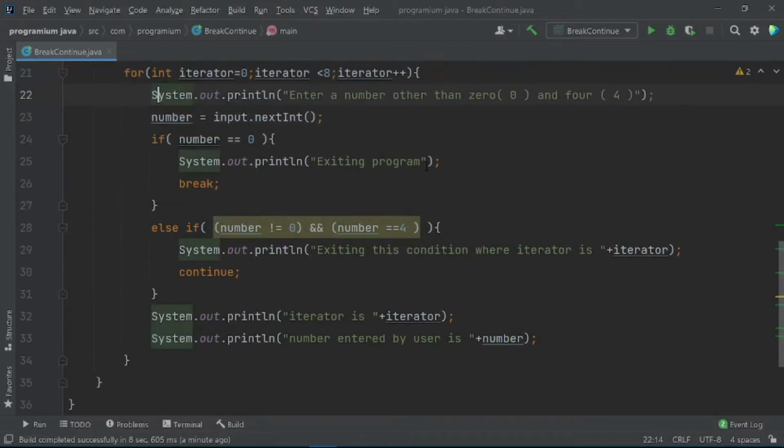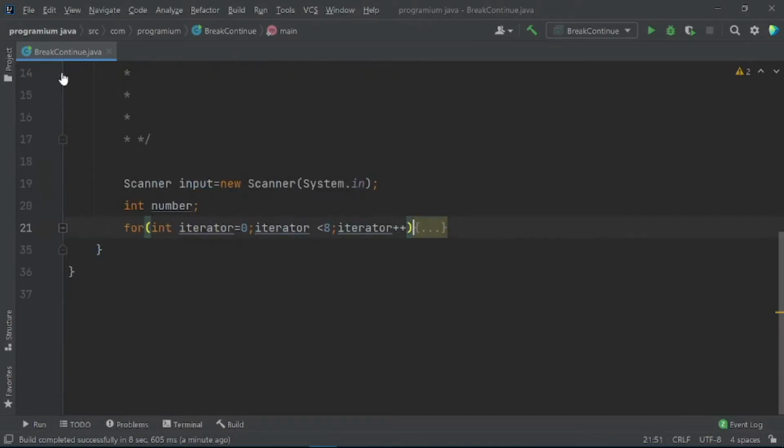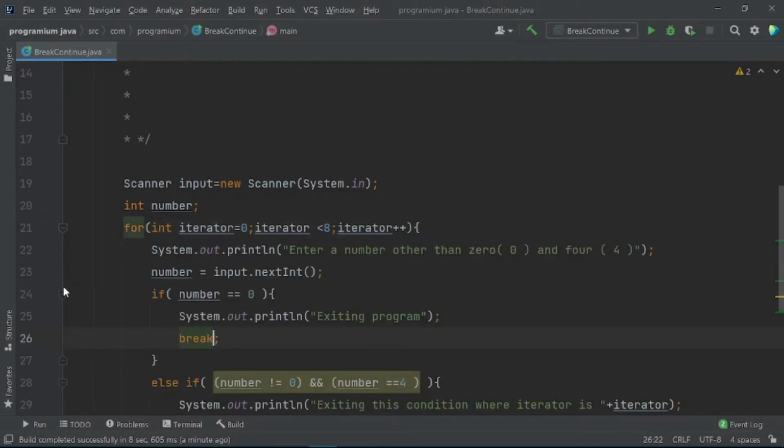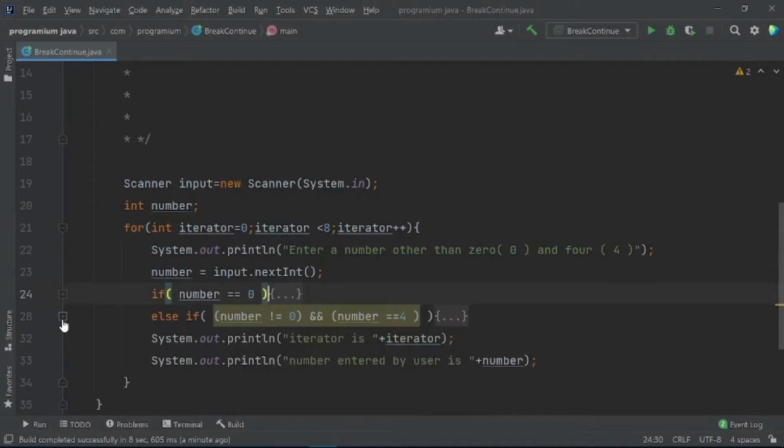So what's happening here right now? Let us see how these break and continue statements work. If the compiler reads this break statement here, it will exit the loop in which it is defined. I am collapsing all these here, and now you can see that in this if condition we use break.